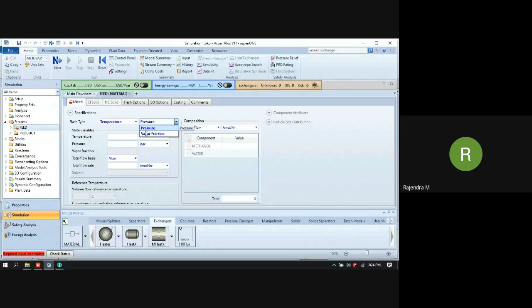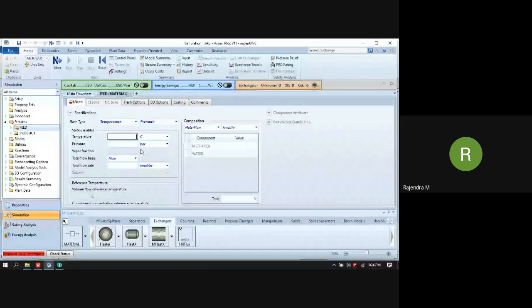If I provide the temperature and the pressure, vapor fraction will be calculated. Or if I provide the vapor fraction and the pressure, temperature will be calculated. So when you provide the vapor fraction, it will do a kind of, if you remember, you have the TXY diagram based on the phases. Okay, phase diagram. So based on the TXY diagram, you can calculate whether it is the vapor phase, whether it is a liquid phase, or it is a two-phase mixture, right?